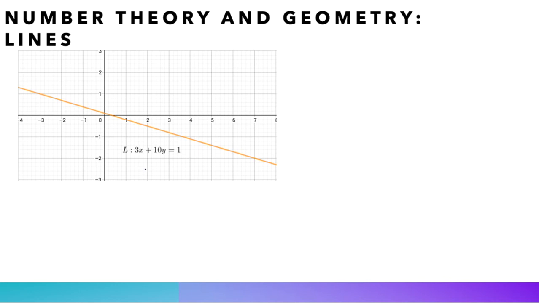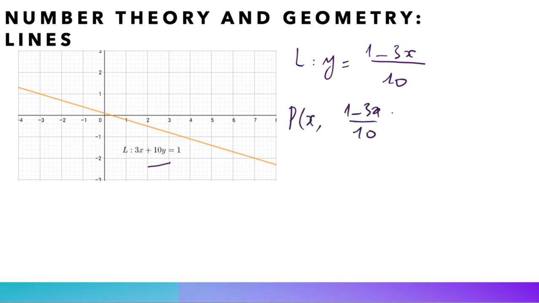Let L be the line on the plane defined by the equation 3x + 10y = 1, as you can see here on the screen. We would like to find integral and rational points on it. It is obvious from the equation of L that it has infinitely many rational points. Indeed, we can write L in the following form: y = (1 - 3x)/10. This implies that the point P of coordinates (x, (1 - 3x)/10) is a point on L